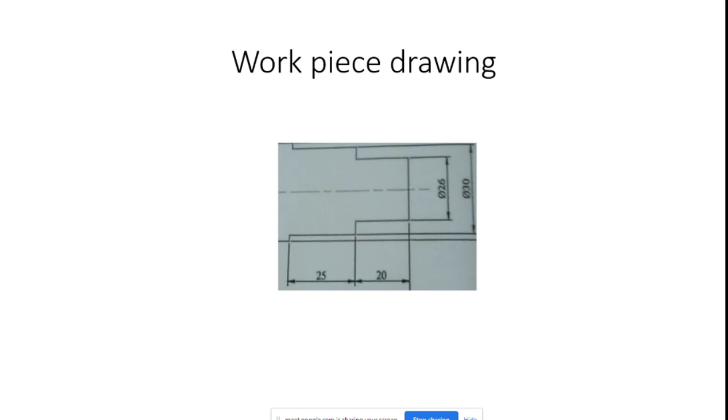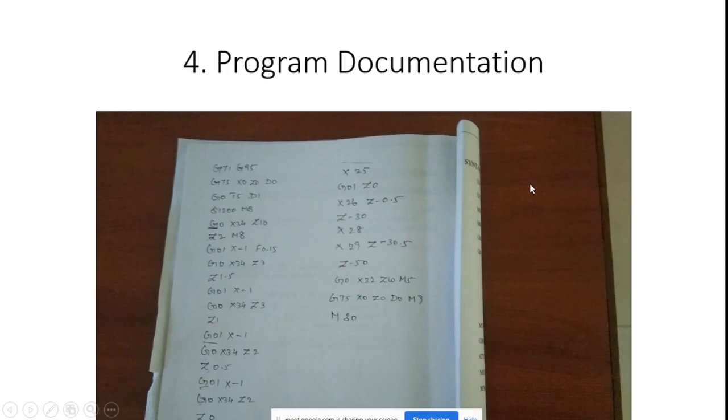So here is the workpiece drawing, you can see all dimensions are in mm. Every drawing has these prescribed: the scale, what projection they utilized, what the manufacturer industry name is, and so on. Now I will tell you which is the step turning operation. The major diameter is 30, then the first diameter is 26. The first step has a length of 20 mm, and the second step has a dimension of 25 mm. Likewise, different dimensions are available. From this you can observe the different dimensions that are available for the program.